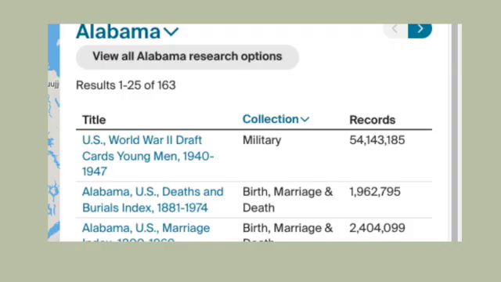You can click on that little bubble or click on Alabama, either one, and it brings up a sidebar that will show you a list of all of their Alabama record collections that are specifically from Alabama, like U.S. World War II draft registration cards of young men from 1940 to 47. They've got an index to the death indexes for Alabama. They've got reconstructed censuses. They've got a death index,